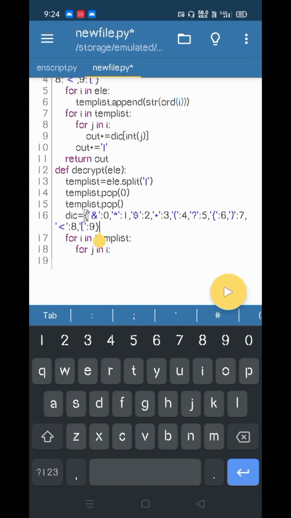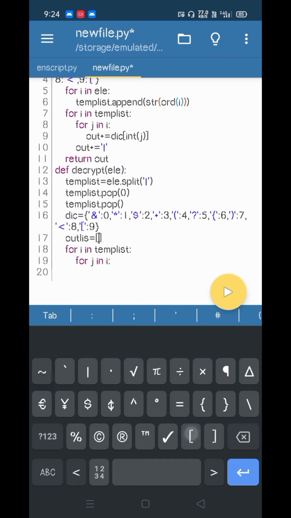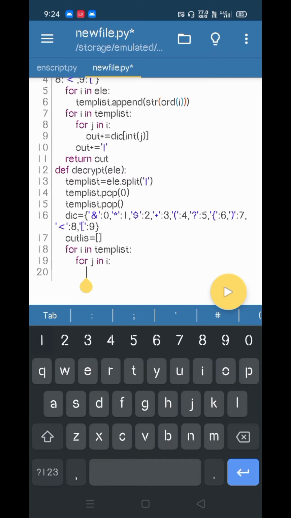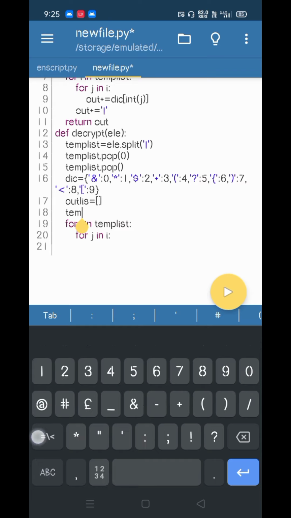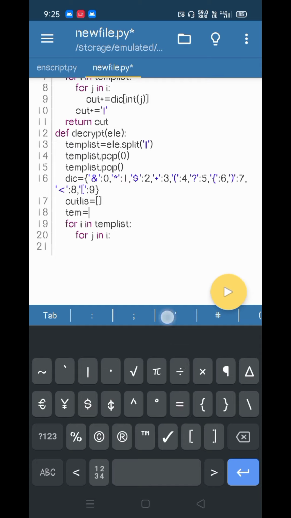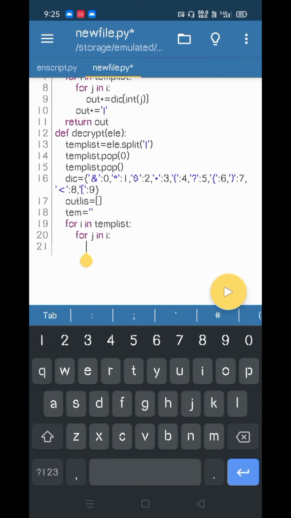Here we require an output list, out list equals to empty list. Next, another temporary variable, so temp equals to empty string.